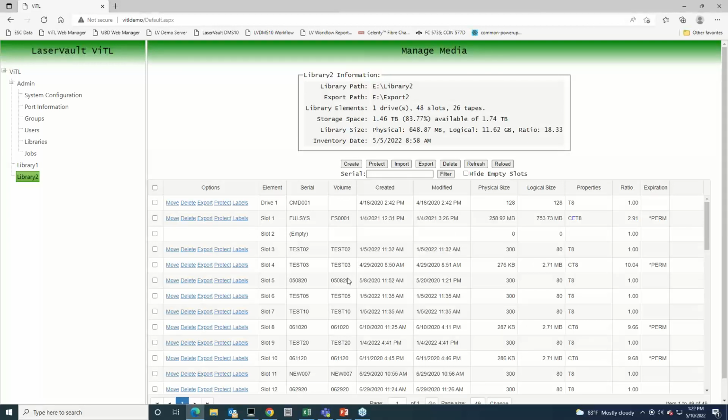And then library 2 is I'm using this as a tape device instead of a tape library. So there's a number of ways you can use this to automatically create a tape for the backup. There's an iSeries command that we provide that is a create tape command where you can give it a volume ID and a serial number, which actually gives you up to 12 characters for that serial number ID. So it automatically creates the tape, loads it in the drive, and initializes it, and your backup is ready to